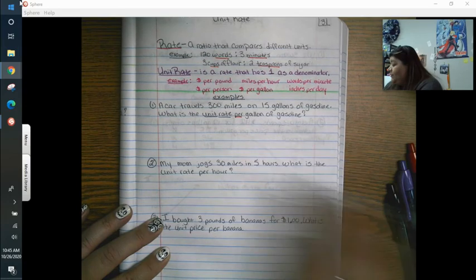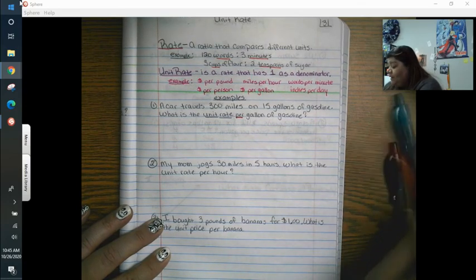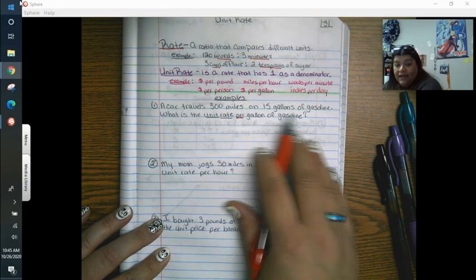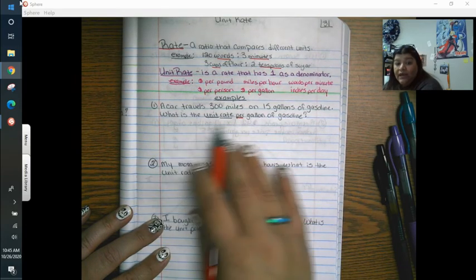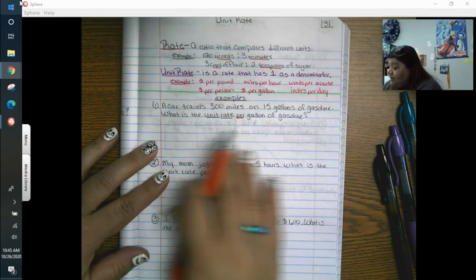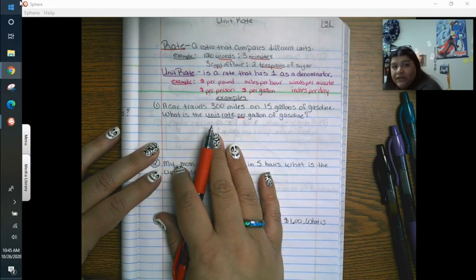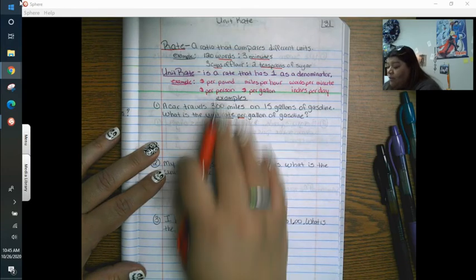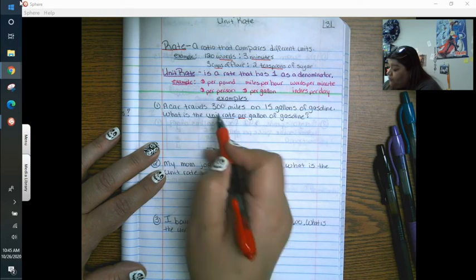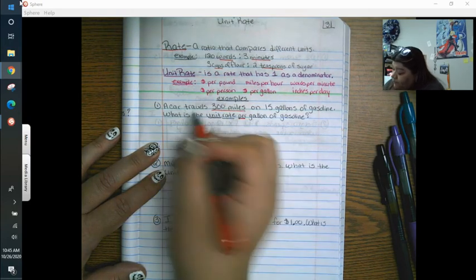So let's take a look at the examples I have here. A car travels 300 miles on 15 gallons of gasoline. What is the unit rate per gallon of gasoline? So I'm going to write this. I like to write them as a fraction so I can simplify it better, rather than writing it with the colon or the word to. So here I'm going to do 300 miles,